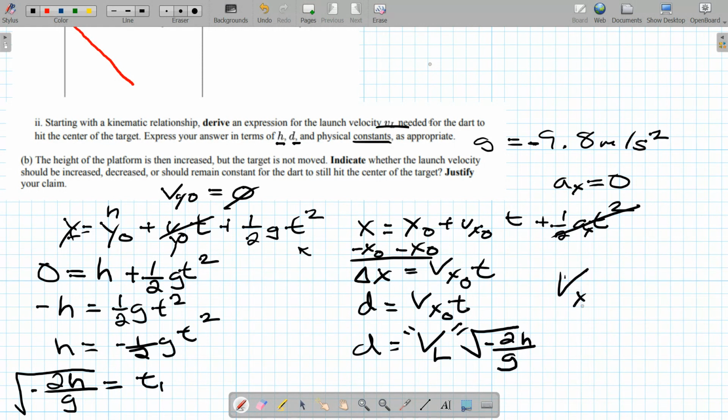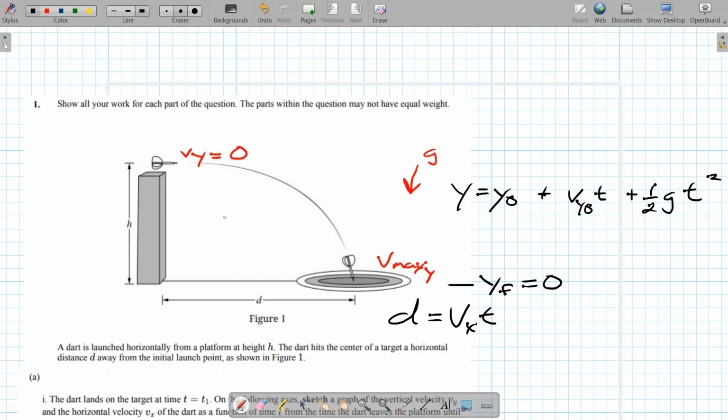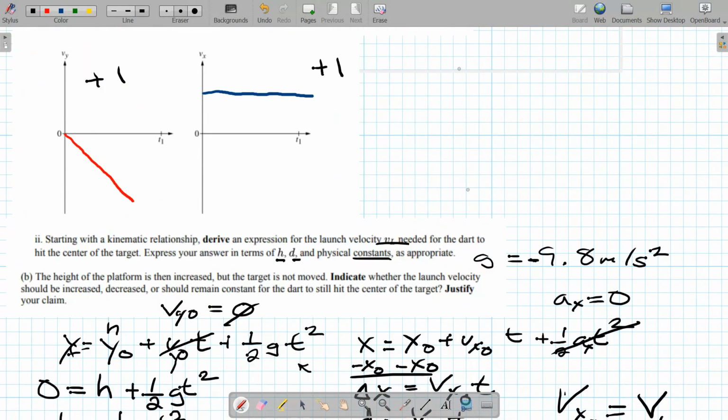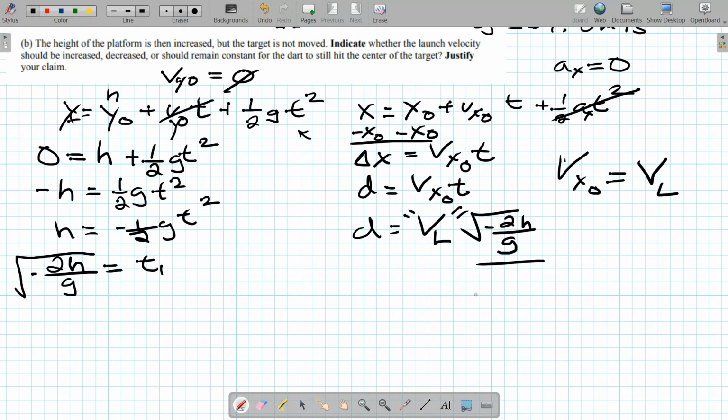And I was right. Vx naught is equal to your launch velocity because it's parallel, right? So up here we have Vx initial, and it's actually equal to the launch velocity because it's parallel to the surface of the ground. So what I got to do is divide by the square root of negative 2h divided by g. These cancel, and then I have to